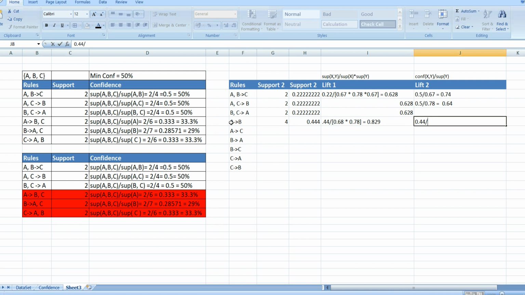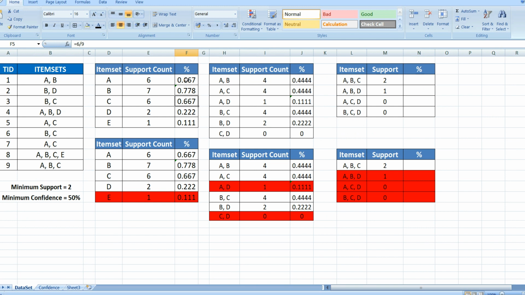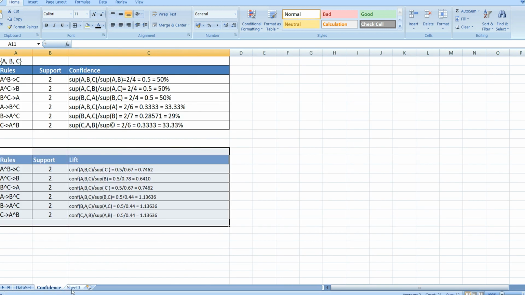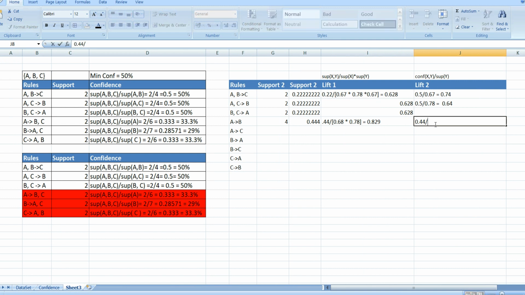The left becomes A. So let's look at the support of A, which is 0.67. So we're going to divide by 0.67 to get the confidence,